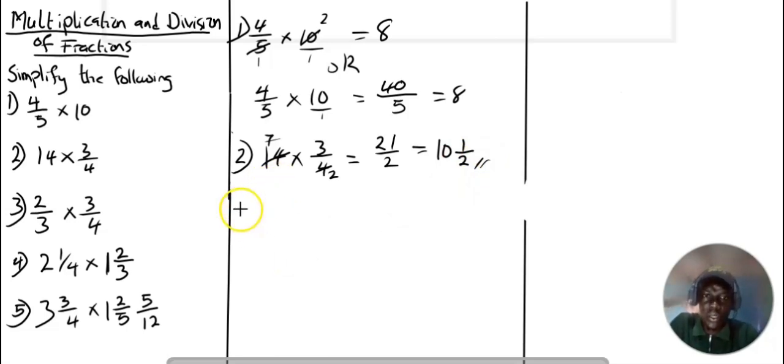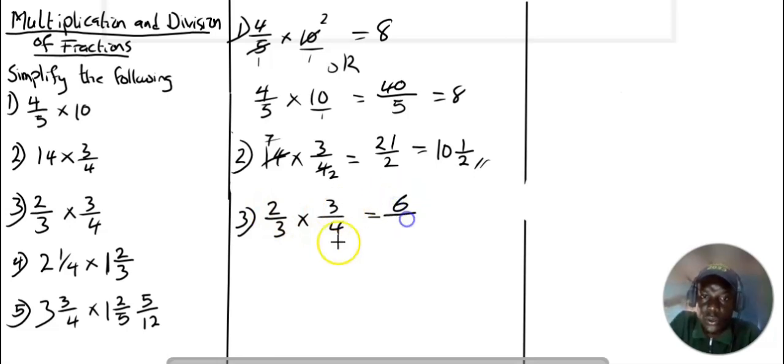For number 3, a fraction is multiplying a fraction. We have 2 over 3 times 3 over 4. In this case, you can use either method. It's either the numerator multiplies the numerator and the denominator multiplies the denominator, or you cancel out. What do I mean? 2 times 3 here will give you 6. You have your 6 over 3 times 4, which will give you 12. 6 over 12. There's a number that can divide 6 and 12, and that's 6. 6 divided by 6 will give you 1. 12 divided by 6 will give you 2. So your answer here is 1 over 2. Or